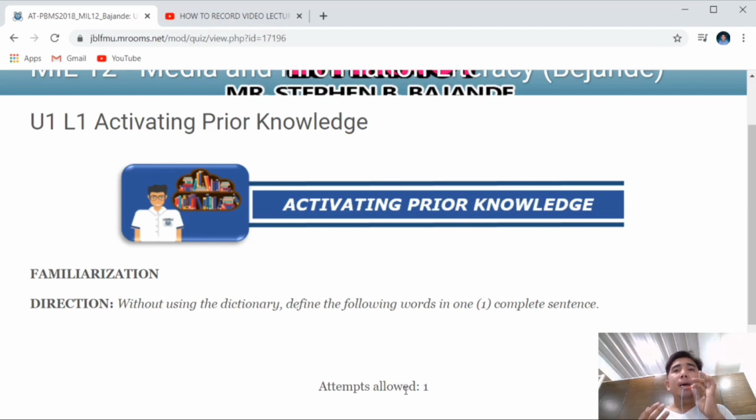However, as I've said, this will not be graded, but I will record your score. So I hope you get it right because this is an activity. It's easy, because you just submit your answer right away, then you're done. Do not forget to click finish review so that I can receive it.